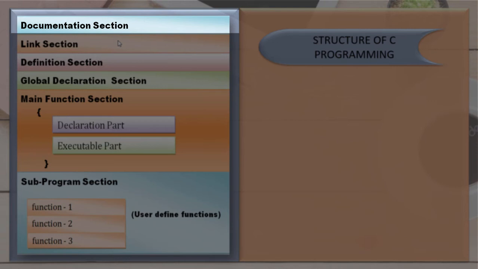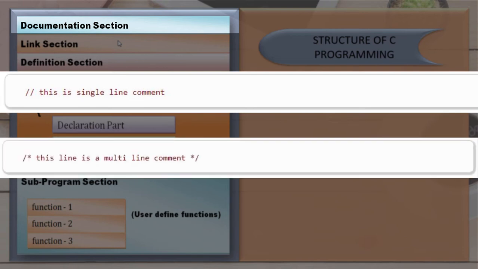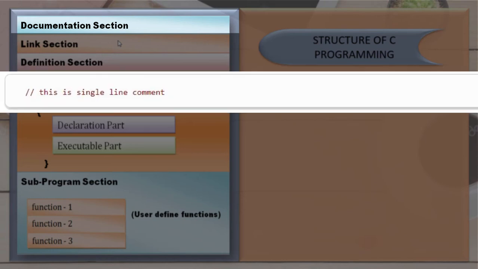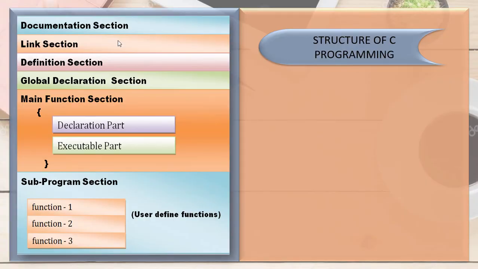Comments can be of two types, single line comment and multiple line comment. A single line comment can be written with double slash // and in front of that you can write down your statements, and in multi-line comments you can write down more than one line at a time. For that purpose you can use forward slash, star, statement, star and backslash. So this is about comment lines.